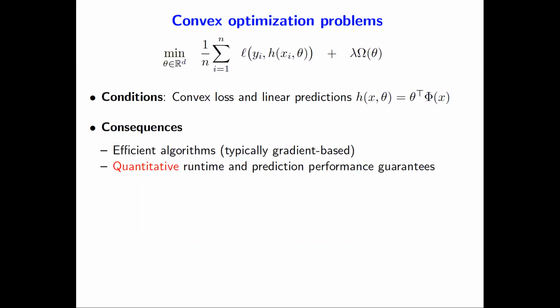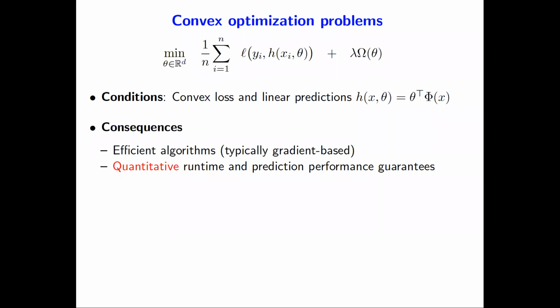All right, so this is an optimization problem. When is it convex? Sufficient conditions for convexity are to have a convex loss. Again, this is a weak assumption, but typically you also need to have linear predictions. So this will not work for neural networks. What are the positive consequences of convexity? There are 2 of them. First, as soon as you go